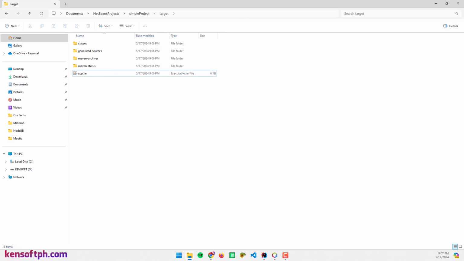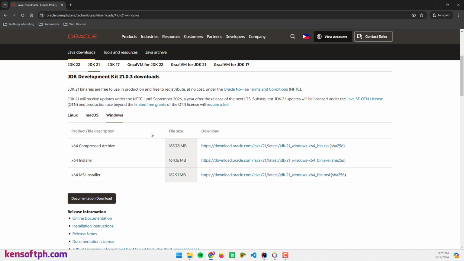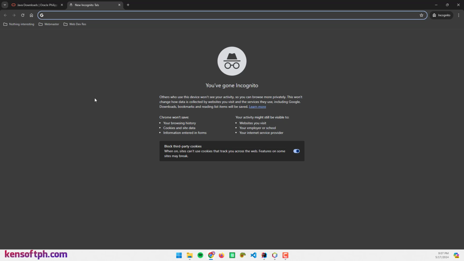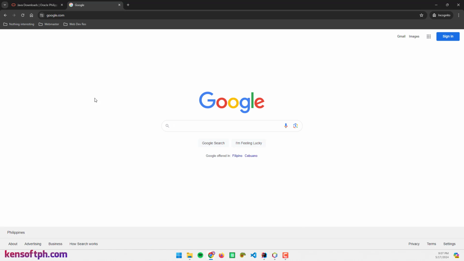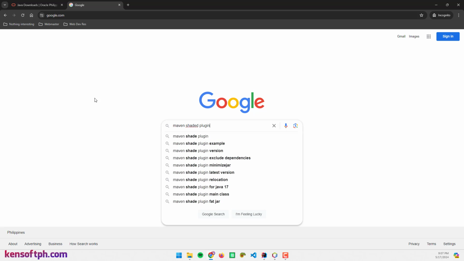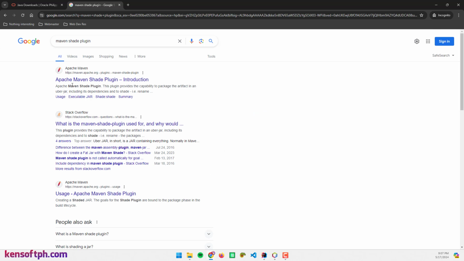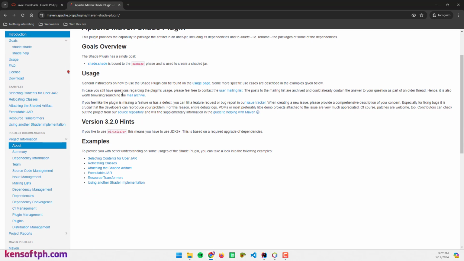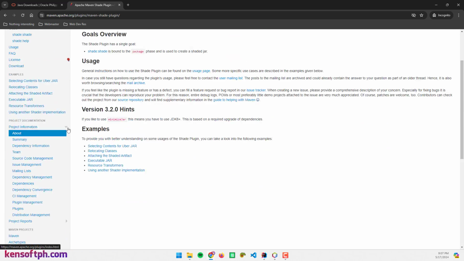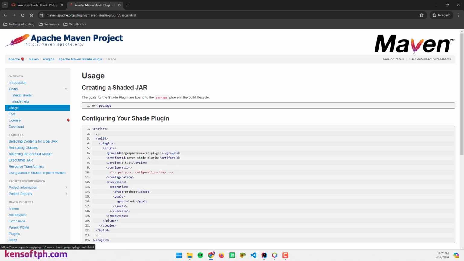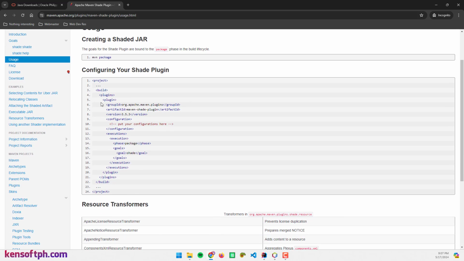So my solution for this is using the Maven shade plugin. So let me show it to you. Maven shade plugin. All right, and the developers are from Apache. And you can learn more from this page to set up the plugin. This is the usage. You can add this to your POM XML file,